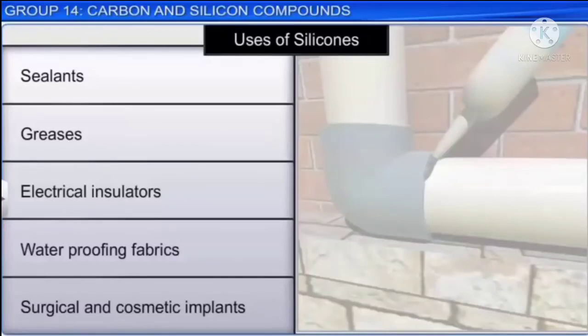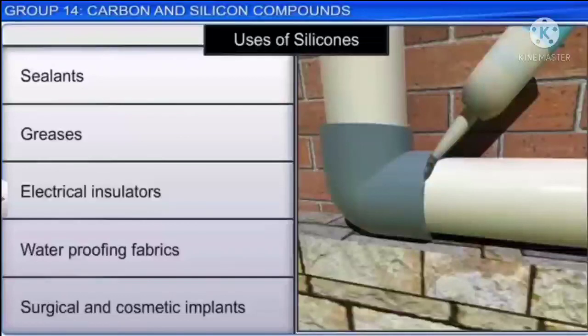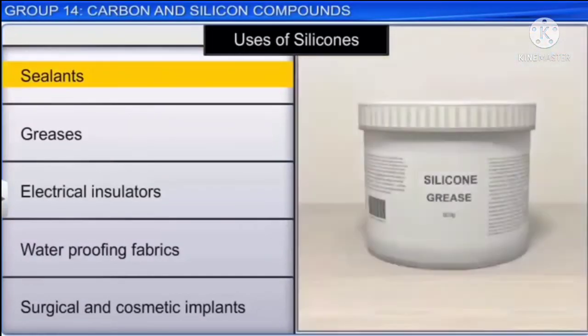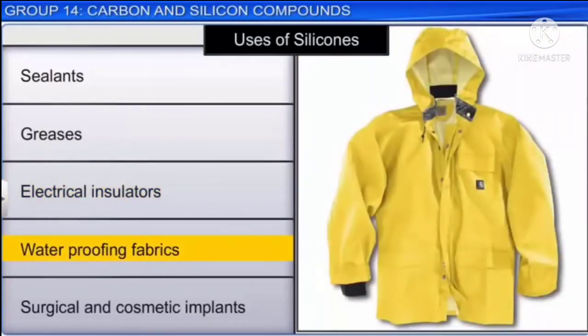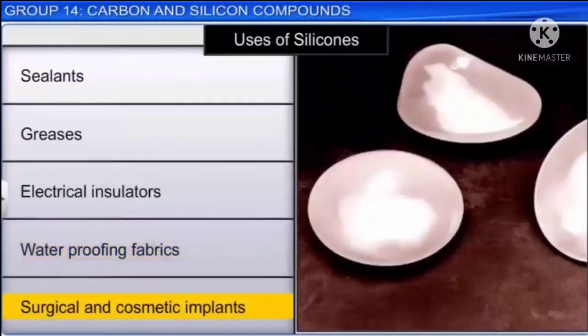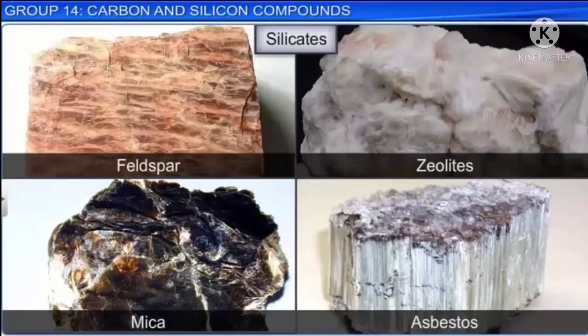Silicones are used as sealants, greases, and electrical insulators, as well as for waterproofing fabrics. They are also used for surgical and cosmetic implants, as they are biocompatible. Silicates are another